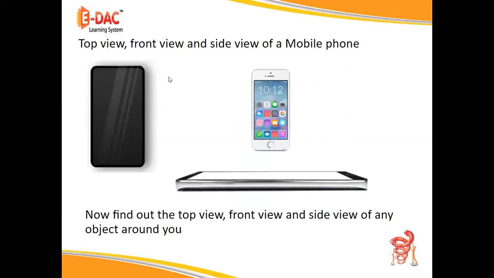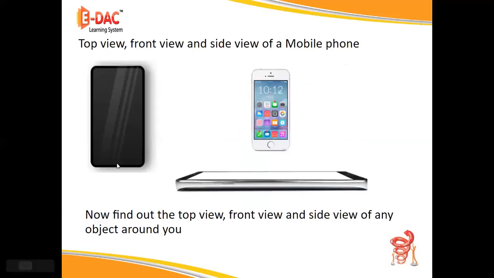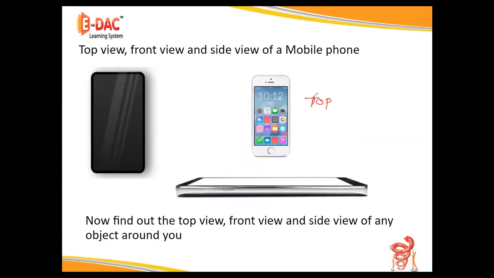Now, every object has views. There are 3 views for one object. Whatever object you take, there are 3 views. What are they? Top view, front view and side view. Top view, front view and side view. There are 3 ways to see every object: top view, front view